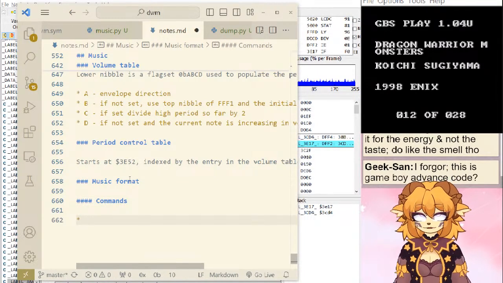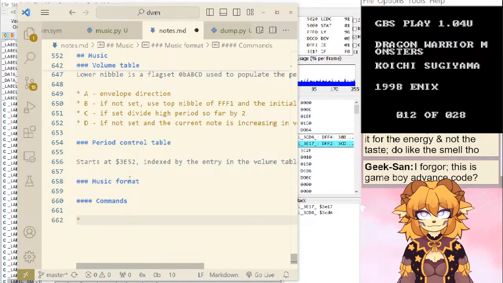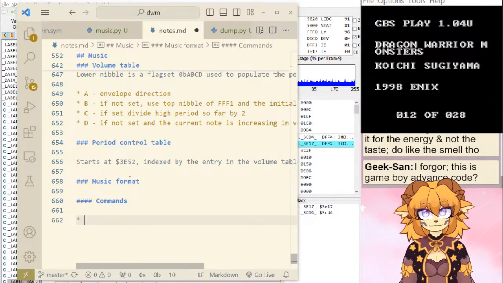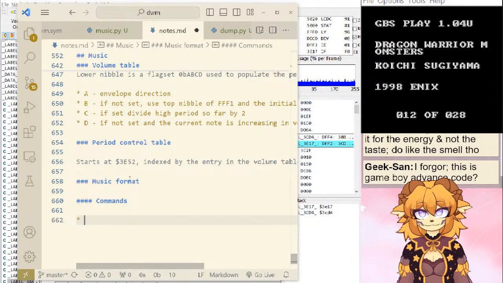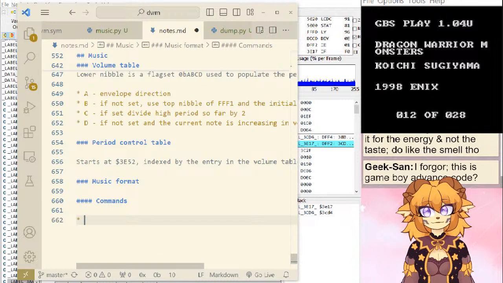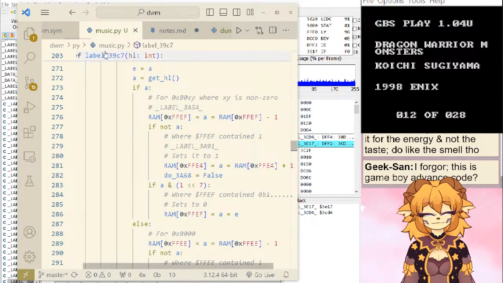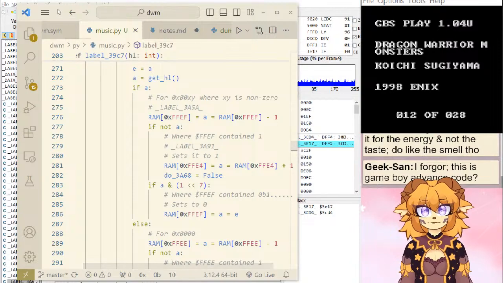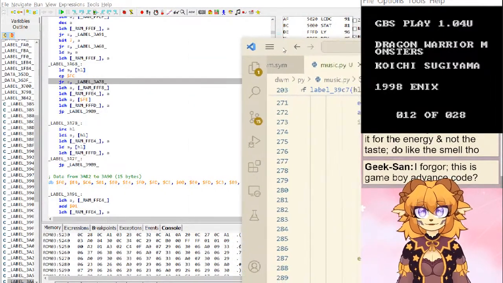I don't know. So we have, wow, this is Game Boy Advance code. It is original Game Boy code. So Game Boy or Game Boy Color. Though this is the Python interpretation of it. That's the Game Boy code.